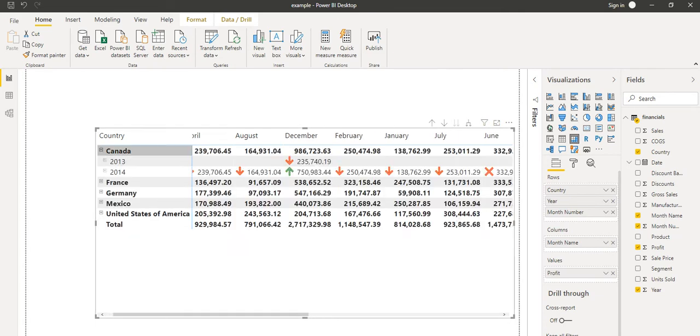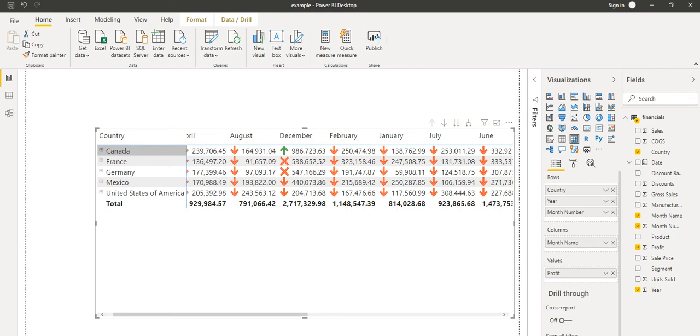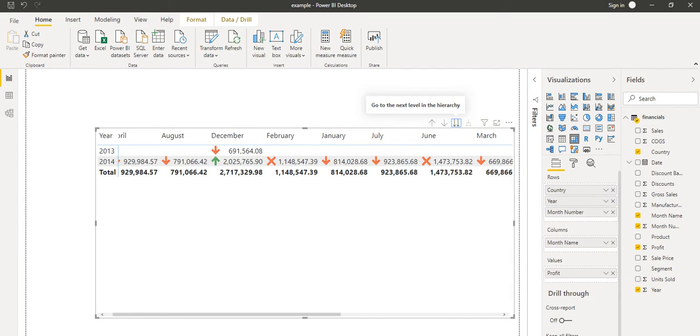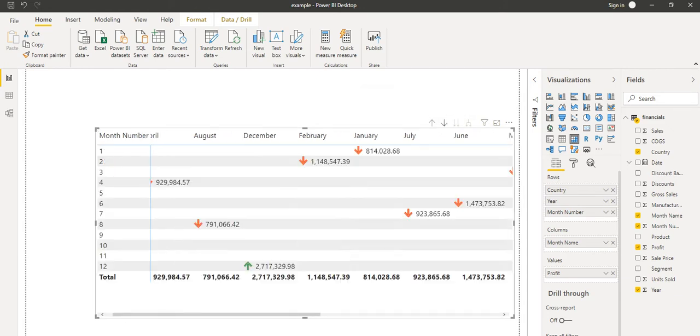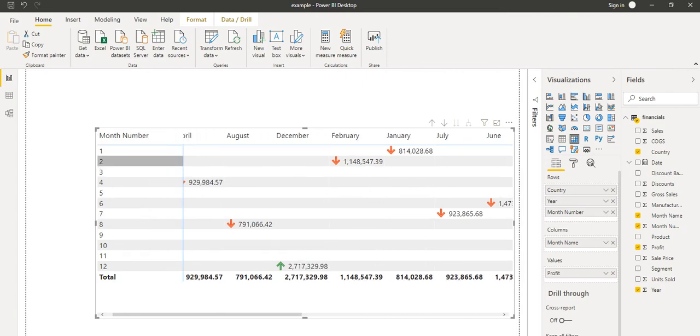So the matrix goes with the hierarchy. If we want to expand, we can use this sign also, which goes to the next level of the hierarchy. If I click this, it goes down one level of the hierarchy. When I click on this, we can see another level of the hierarchy, meaning it shows the detail with the month number, in this manner.